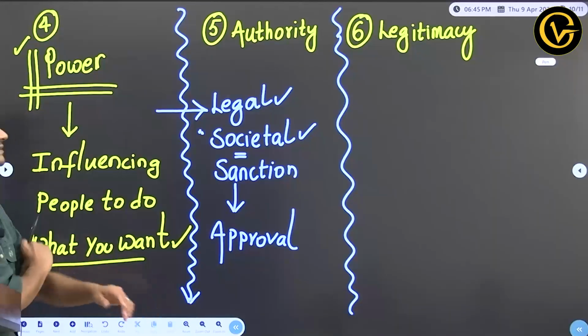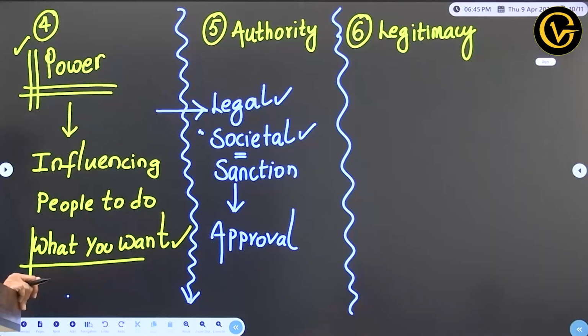Let's say your parents may have authority over you, but not all the decisions your parents take with your life need to have legitimacy. Some of them they might have taken without your acceptance. In such a scenario, they are just exercising their power in the name of authority. You understood my point? Power is influencing people to do what you want, no authority also. It is very simple.